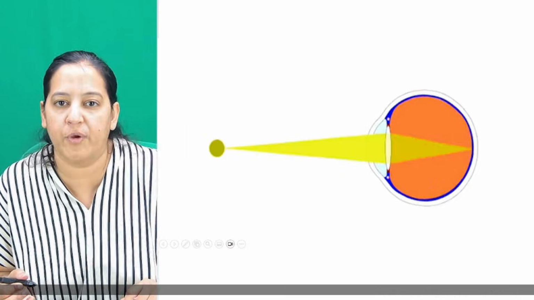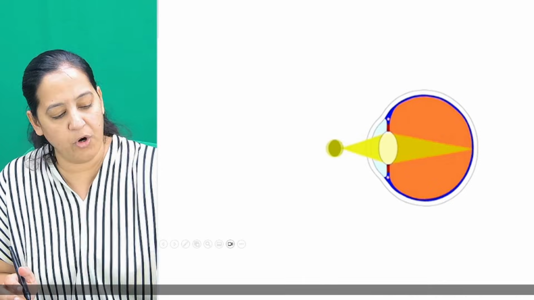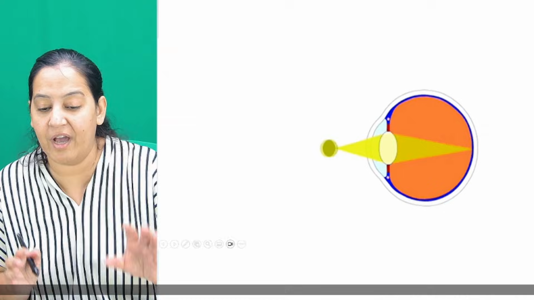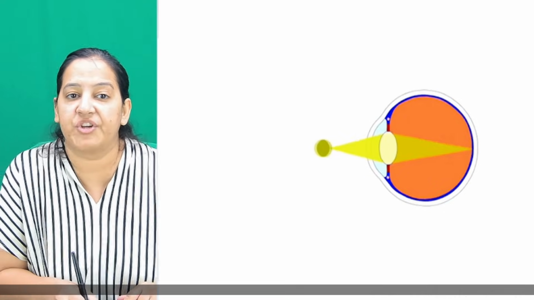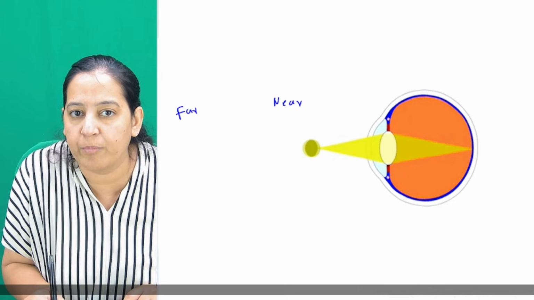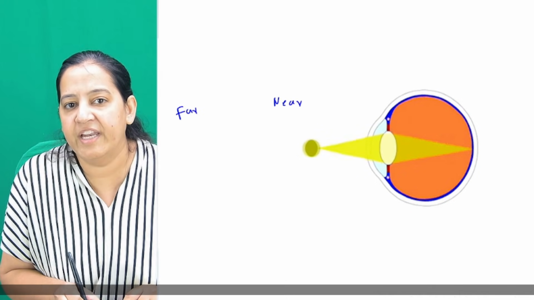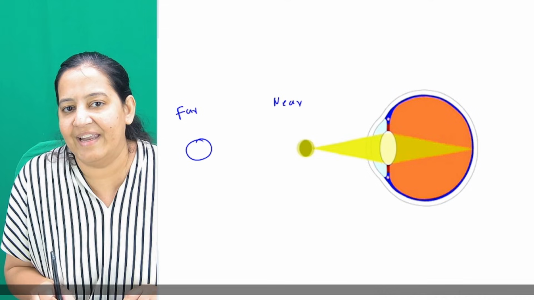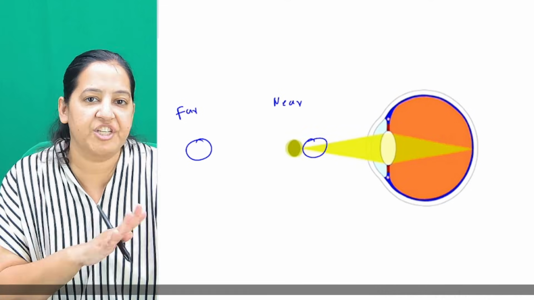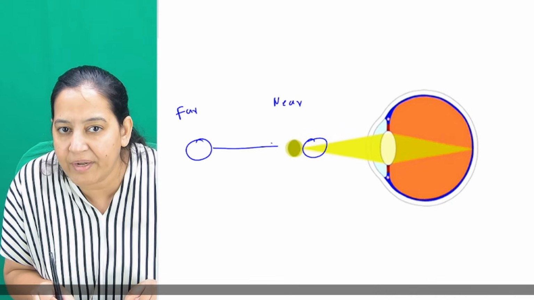People say, respond. You are getting it. What is accommodation? This is what's shown in this video. Can you see this video? Please appreciate this video. What we are basically doing is shifting the vision from far to near. See the green object which is shifting from far to near. Initially this object is far and later on the same object is coming closer and coming near. So we are shifting the vision from far to near.